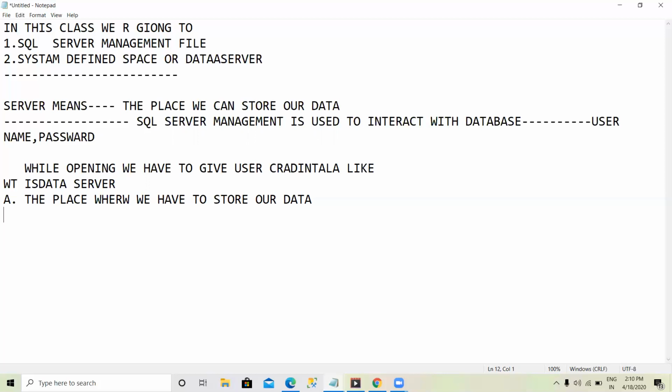What is client application? Whenever we are installing SQL Server, we have to interact with a client application. Client application is nothing but the application where the user can interact directly.